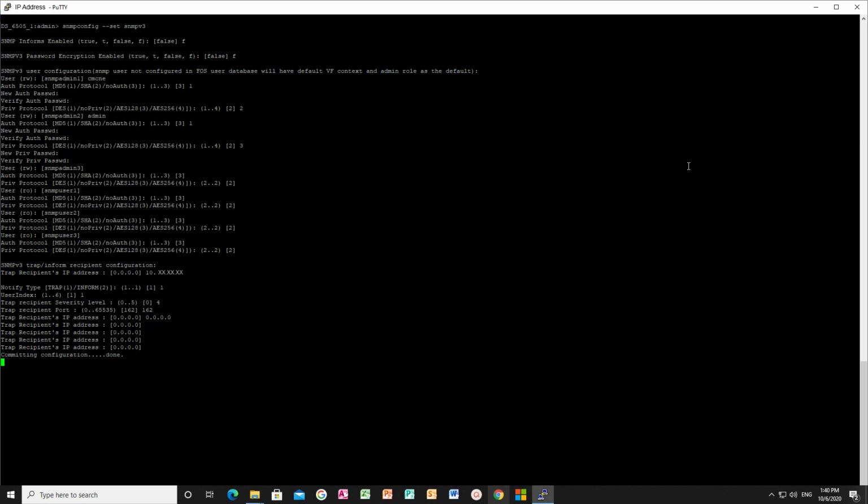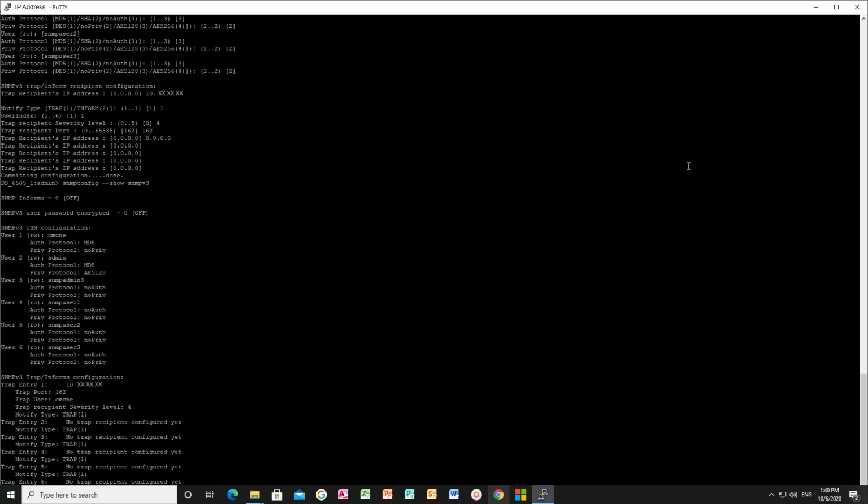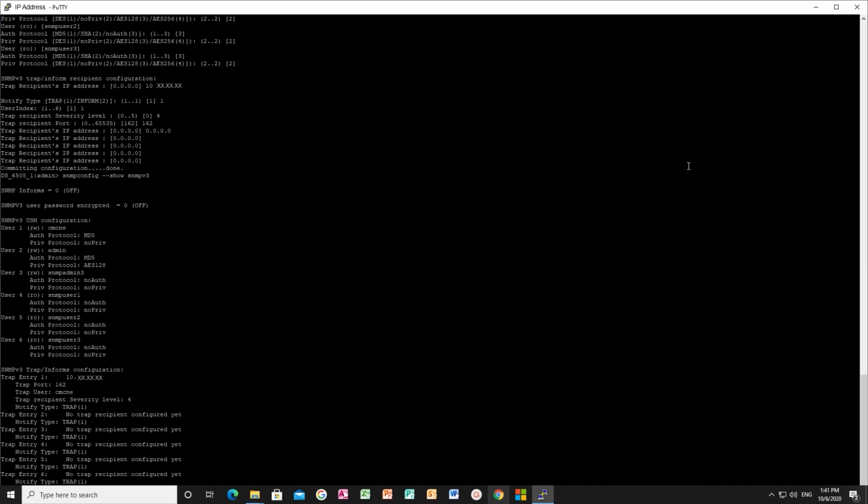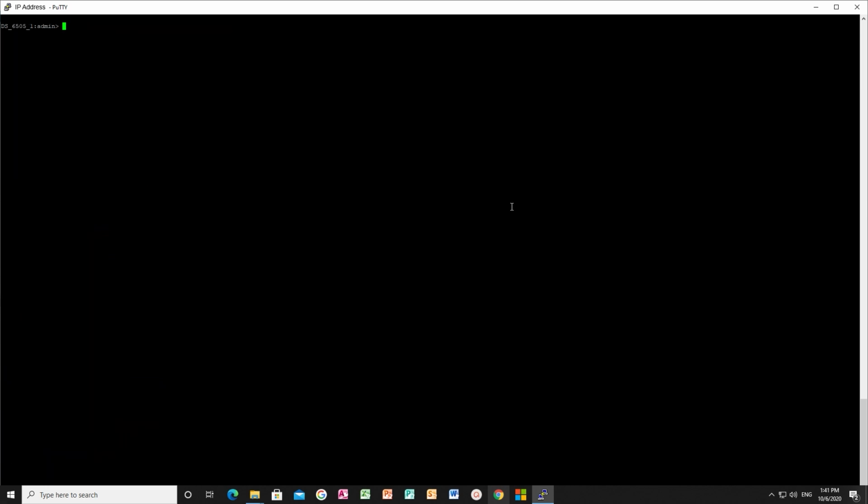Follow the same procedure to configure more SNMP trap recipients, else click Enter to come out of the configuration mode. Run the command snmp config-show snmp v3 command to validate the configuration. Here the SNMP user CMCNE and the trap recipient have been successfully created.